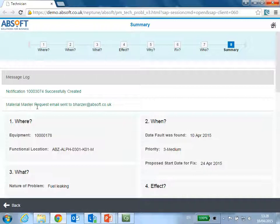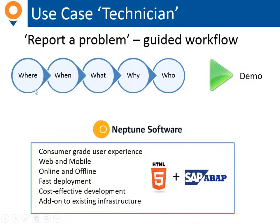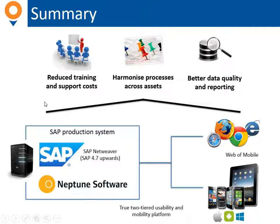You also note here, because I didn't specify the material number for the seal properly, because I didn't have it, I couldn't find it, a request was sent to the materials team to actually identify that, so they get information about what you've entered here in the notification, so they can potentially catalog a new material if that's required. And that's really it. So to summarize,